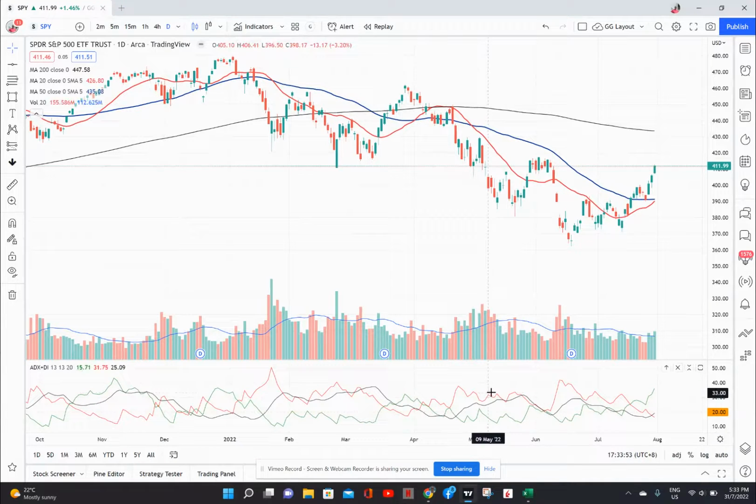And I'm always looking particularly at the ADX line and where it sits, and whether it's over 20 or not. You can see very, very faintly that I've got a little line here on 20, so we're not quite there. Anyway,